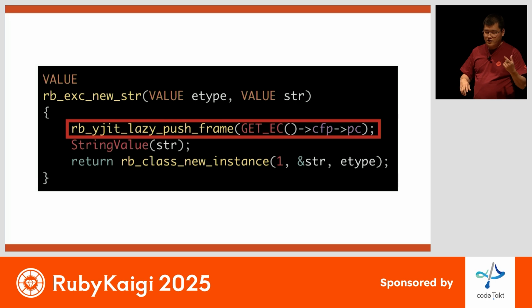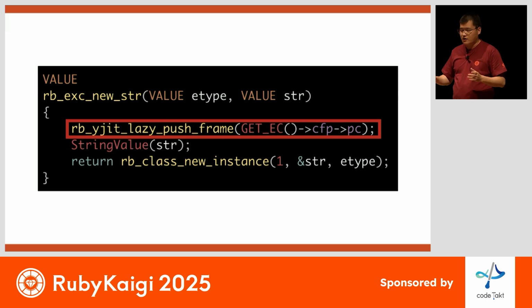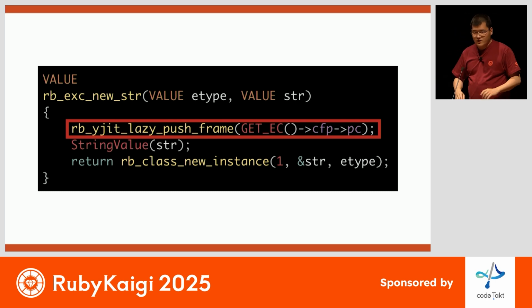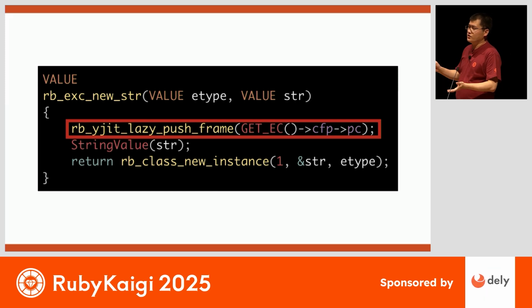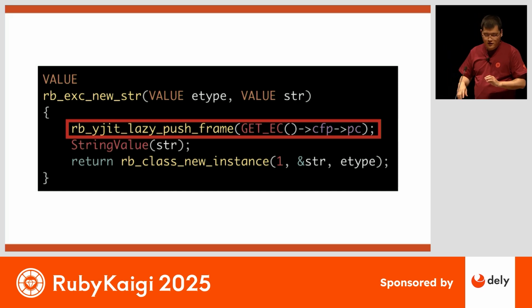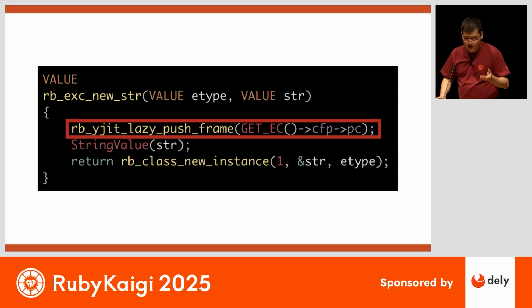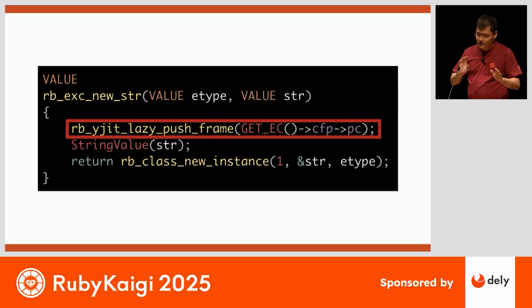And when we reach the C function that allocates the exception object, it calls back the YJIT hook that checks if it has registered the invalidation for that program location. And if it's already registered, then we lazily push a frame to the stack when necessary. And the way it works is